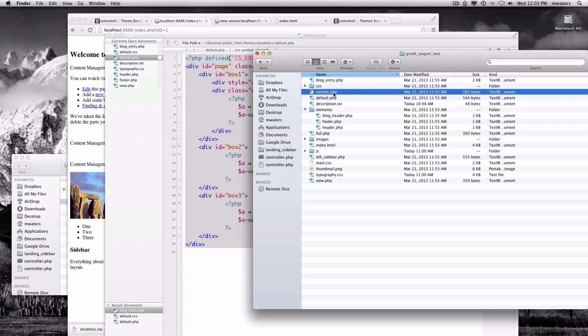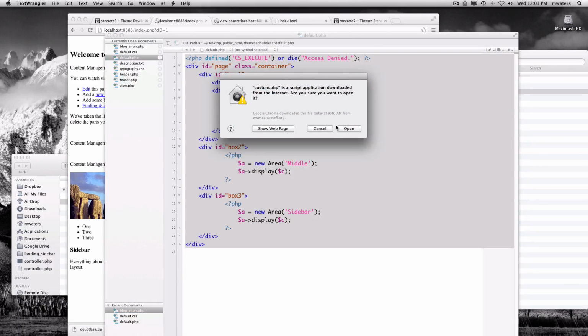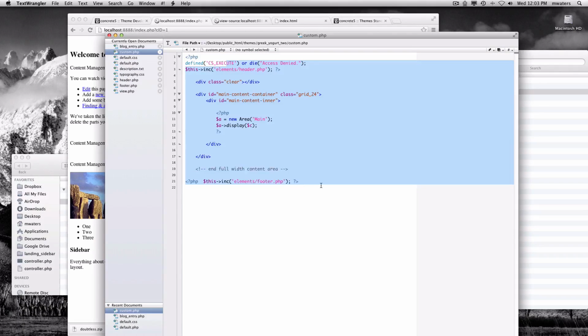We'll take a look at custom.php, which is that file we copied from full or something like that. So I'll open this up, and this should have not very much code in here, just like we expect. But here are the lines of code we're interested in. These are PHP includes, and we're doing this in the concrete5 accepted way. So you might be tempted to use regular old PHP includes in here. We much rather prefer you use the include method in the view context here,